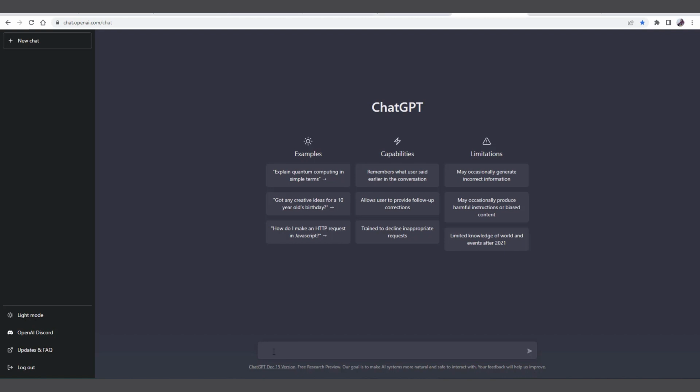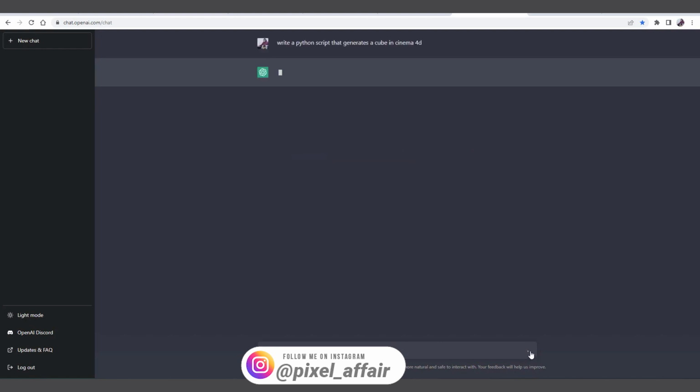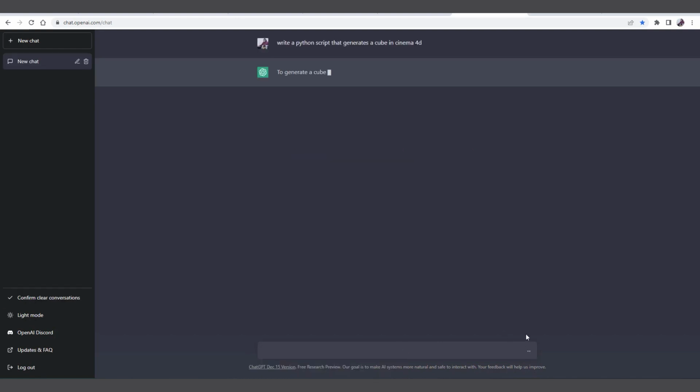I'll type here: write a Python script that generates a cube in Cinema 4D, right? So I'm saying write a Python script that generates a cube in Cinema 4D, and I'll just click enter on this arrow here, and you see,